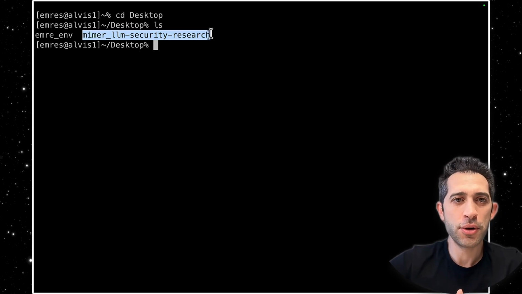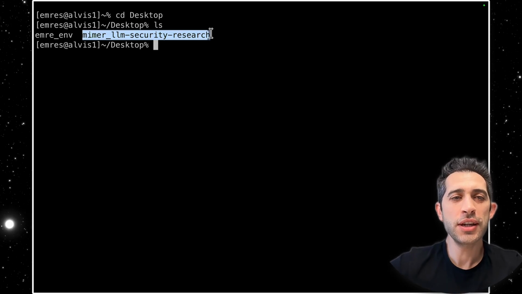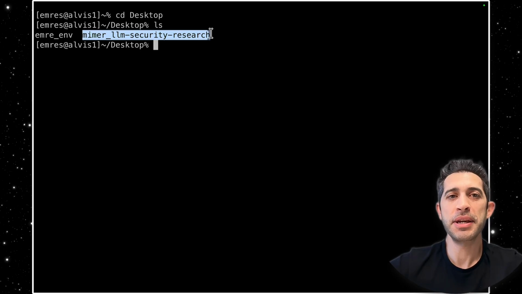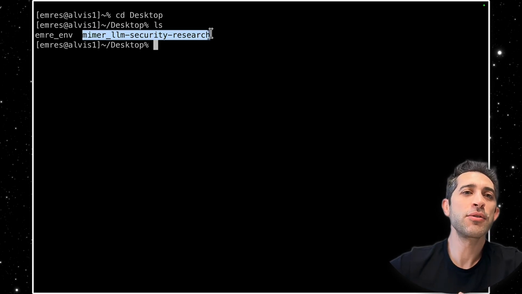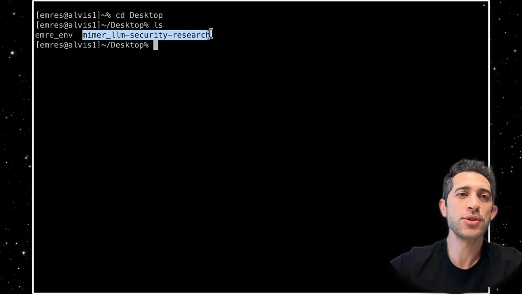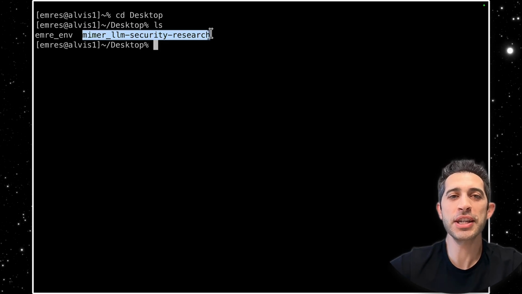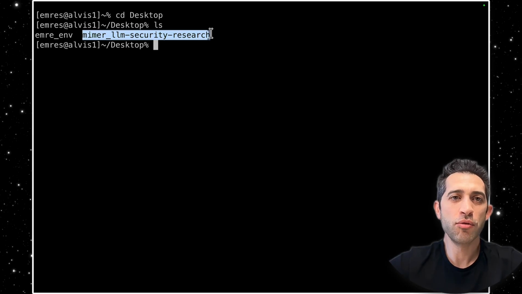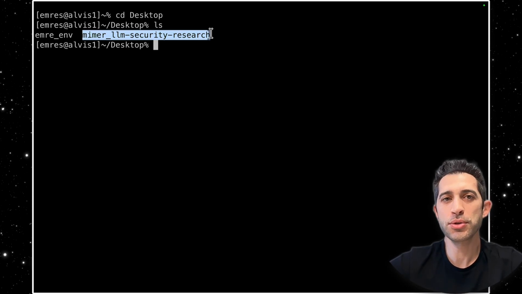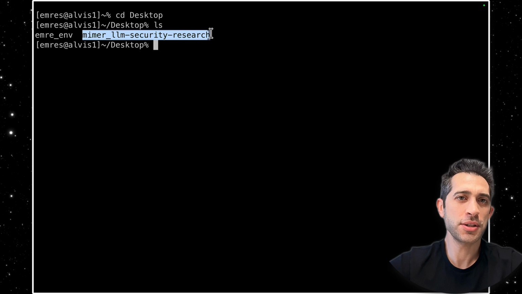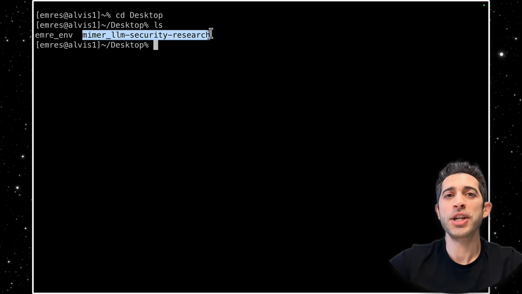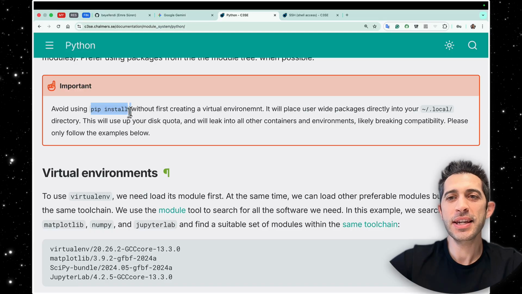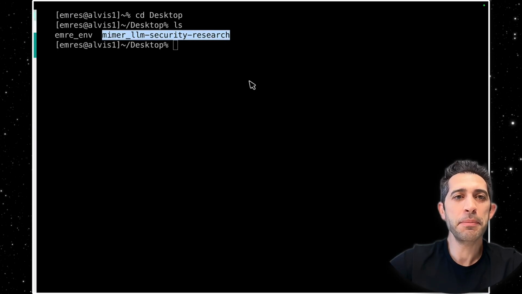First and foremost, we need to create a virtual environment while running a Python-based application. Why? In a virtual environment, we install the dependencies of the applications that we are using. Once you develop code with Python, one of the first things you do is create a virtual environment, right? So we are doing this also on HPC servers. In order to do this, as you can see, you shouldn't use pip install directly